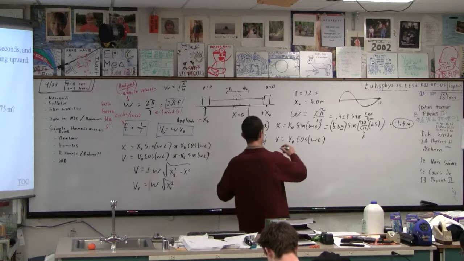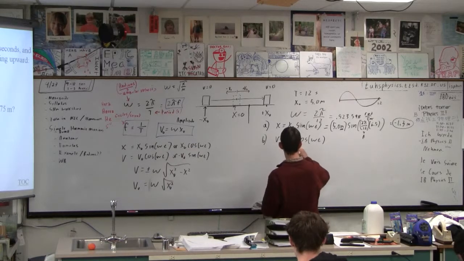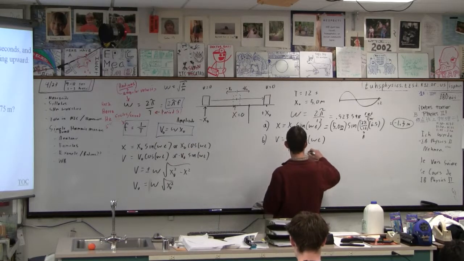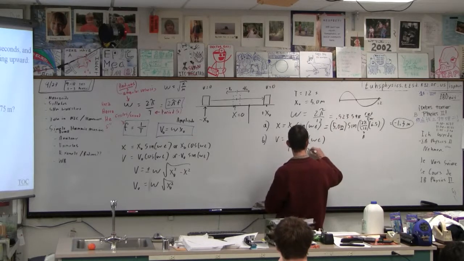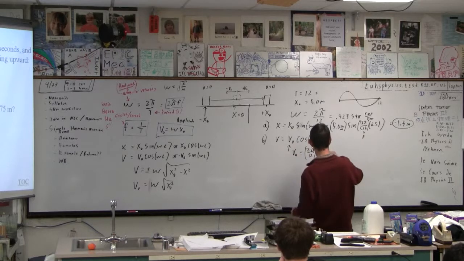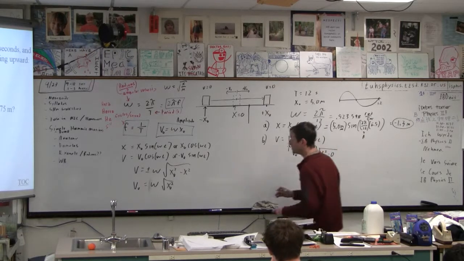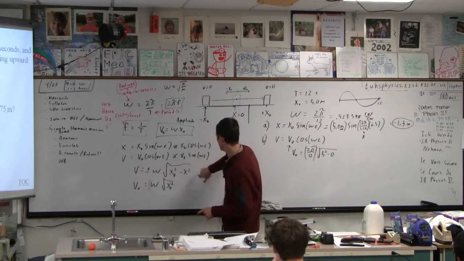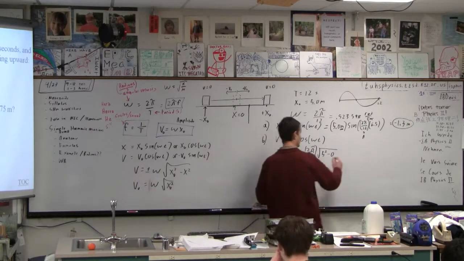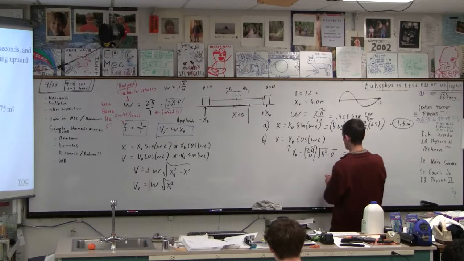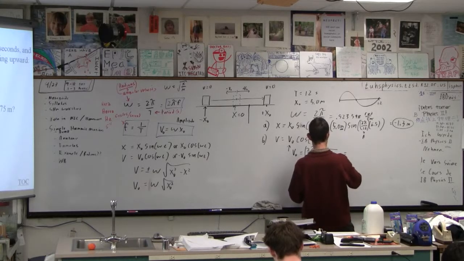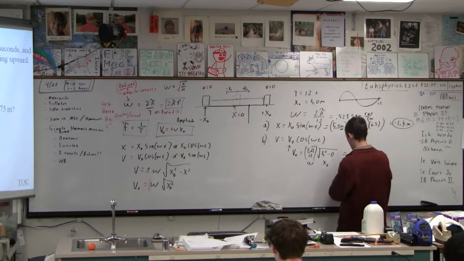So let's solve this problem. V naught is equal to omega, which is this guy here, 2 pi over 12, times the square root of 5 squared minus 0. So I'm using this formula here to find that, which means it's really basically just omega x naught. And then that equals,